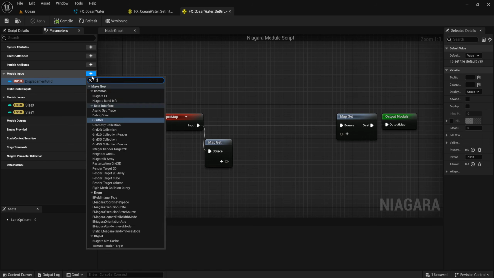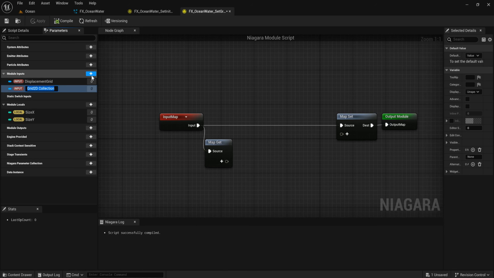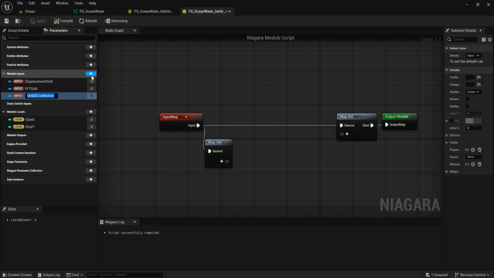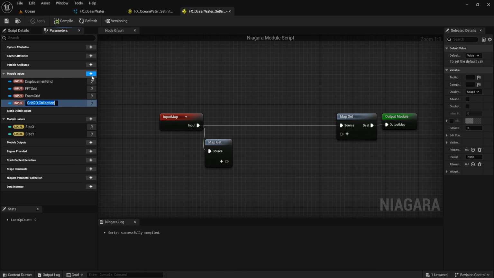So we call grid 2D collection, FFT grid, 2D collection, foam grid, 2D collection, roughness grid, 2D collection, spectrum grid,